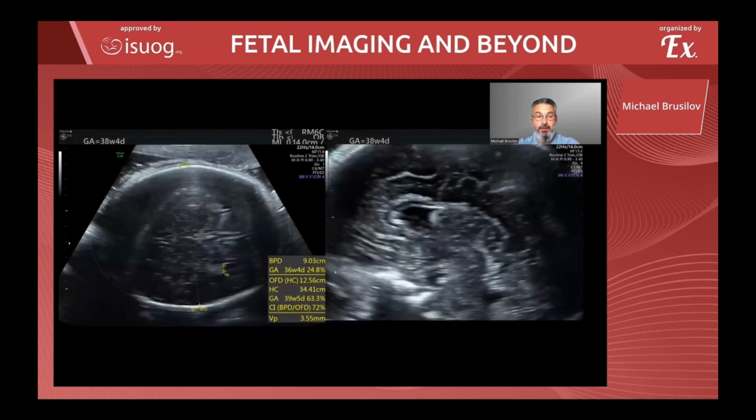And at 38 weeks, the patient was referred to our center because of suspicion of dysgenesis of the corpus callosum. You can see here by transvaginal examination just the anterior part of the corpus callosum